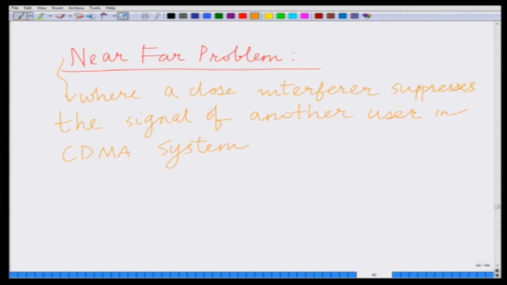This is known as the near far problem in the CDMA system, and clearly you can see this